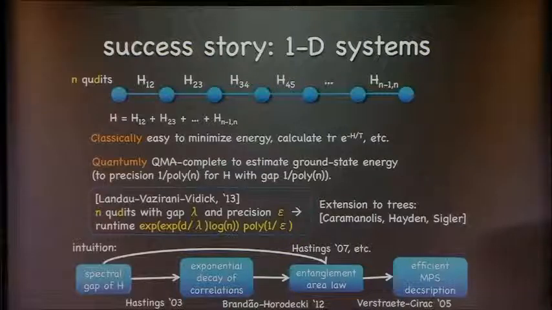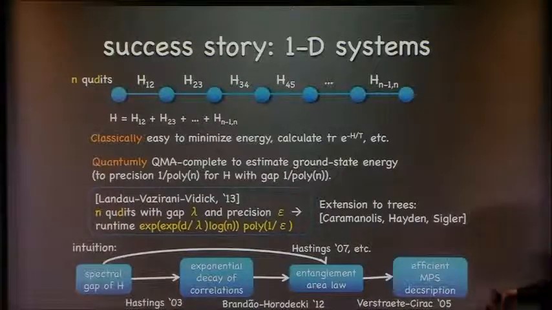And just to, maybe this is also something you've seen quite a bit before, the intuition behind why these things work, starting with a spectral gap, you can show that correlations decay exponentially at longer length. With additional effort, you can show that implies an entanglement area law, and in turn, an efficient matrix product state description. Of course, all of that is before what they do in their algorithm, which is to find the efficient description. But simply to have it is already a precondition.